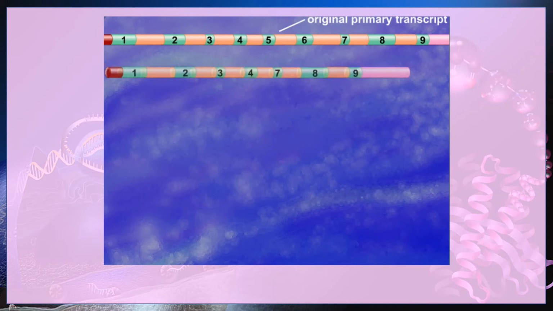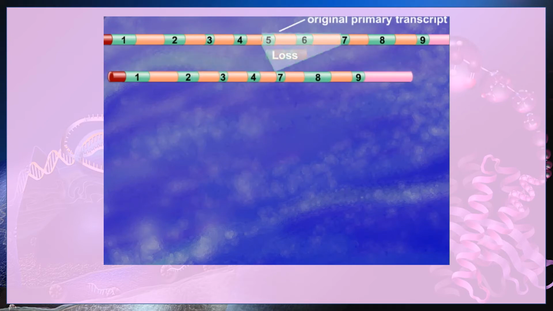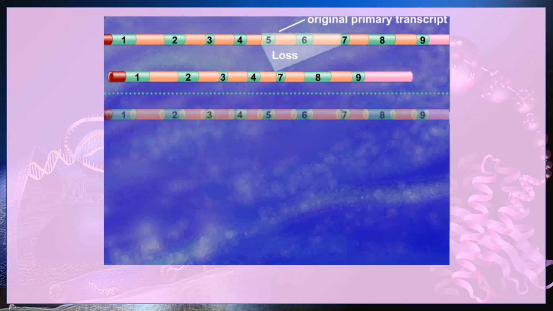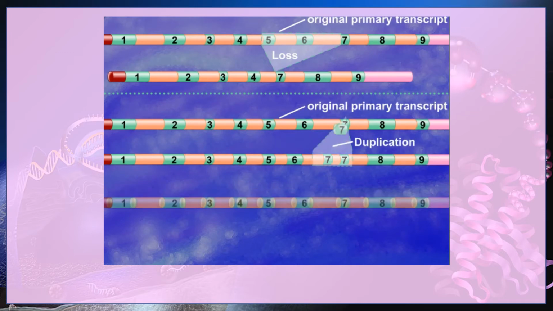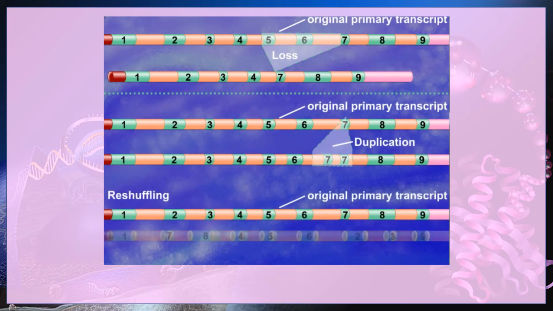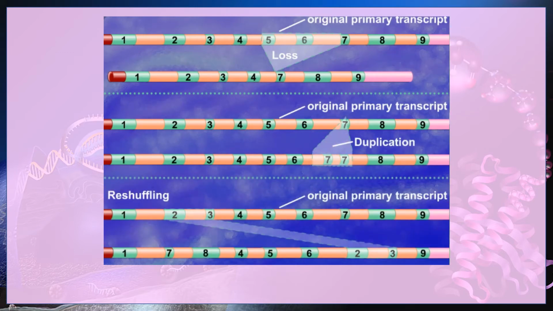On a larger scale, it has been proposed that an advantage of gene splicing may be that during the course of evolutionary history, various combinations of exons may have been created by exon loss, duplication, and reshuffling. Changes in the sequence of the primary transcript could be due to mutations in the DNA of the gene or to mutations in an intron excision mechanism.